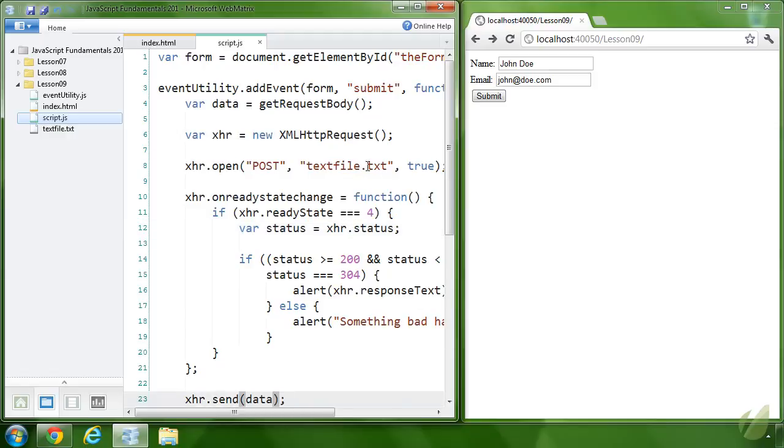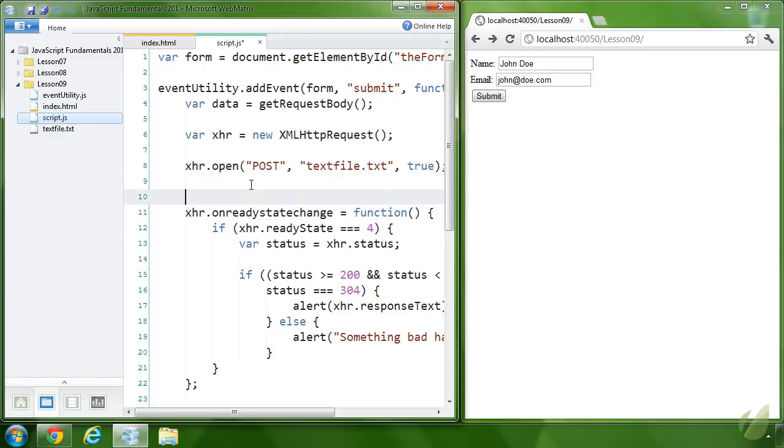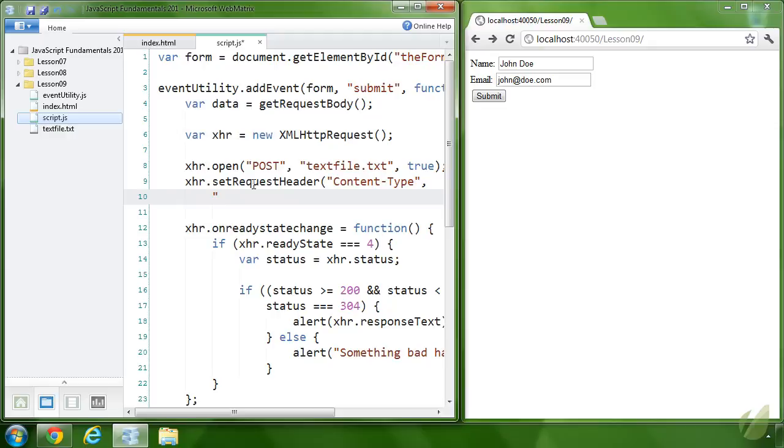Now there is a header that we do need to send along with our request so that the browser knows what to do with the data that we are sending. To do that, we use a method called setRequestHeader. It has two arguments. The first is the header that we want to set. In this case, it's content type. And then the second argument is the value for that header. In this particular case, we want to use